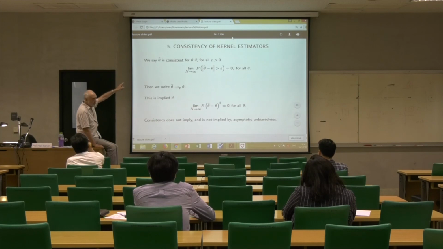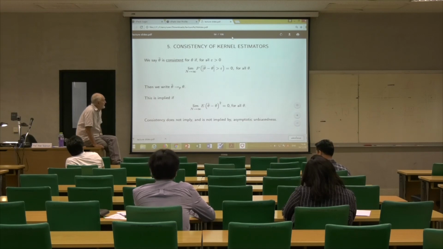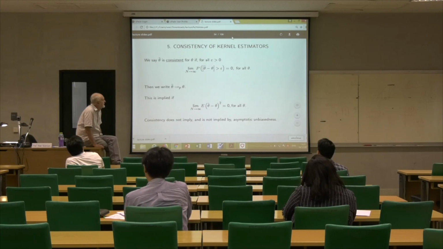So theta hat is a function of n, just like in my little introduction to asymptotic unbiasedness. If for all arbitrarily small positive epsilon, the probability that the absolute value of theta hat minus theta is bigger than epsilon converges to 0 as n